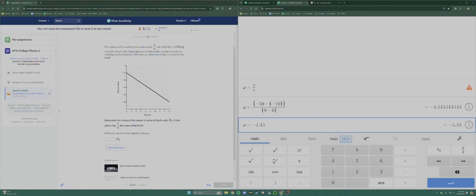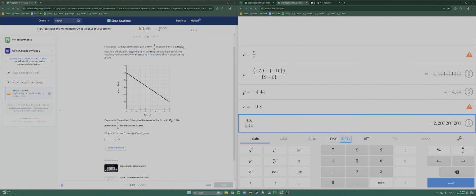Next, that's technically our gravity, so we're going to put that as our planet's gravity. The Earth's gravity is negative 9.8 meters per second squared. Next we're going to use the universal gravitational law, or law of universal gravitation. Here's what we're going to do. We're going to put 9.8 on top of 4.44, or we'll just do 4 for now, and that's going to equal